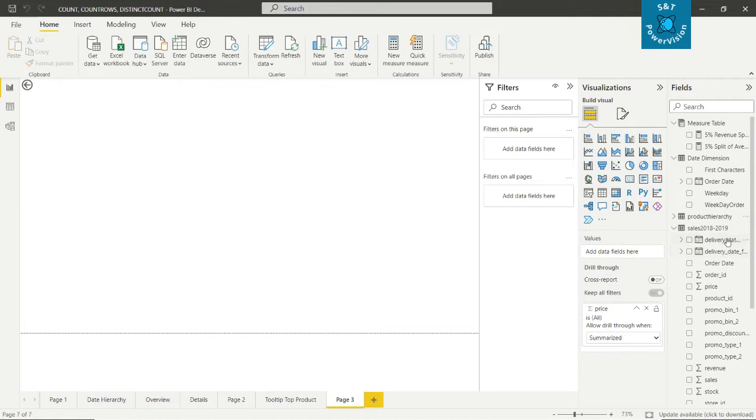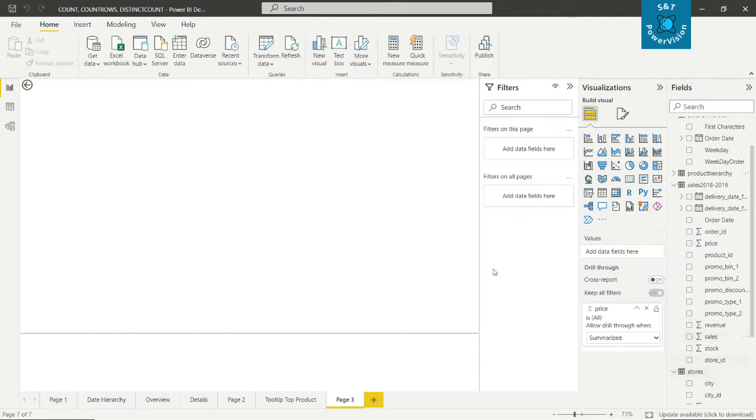This is our sales table having delivery date, order ID, price, stock, store ID. We'll see here how distinct count and count rows work. For that, click on the new measure.